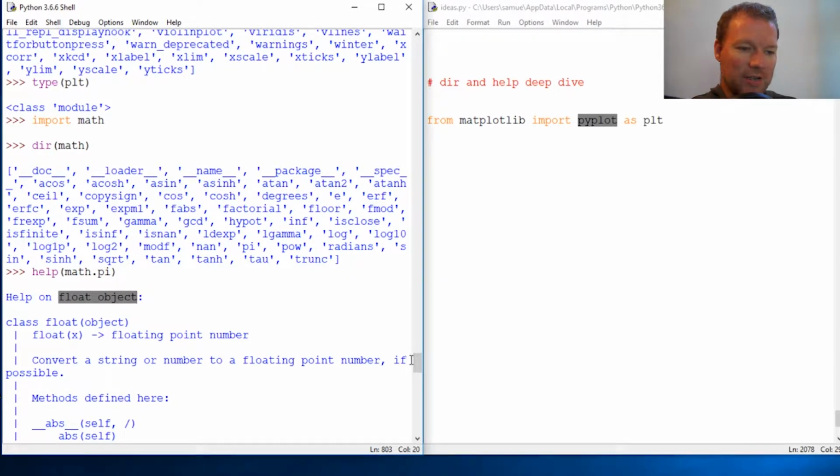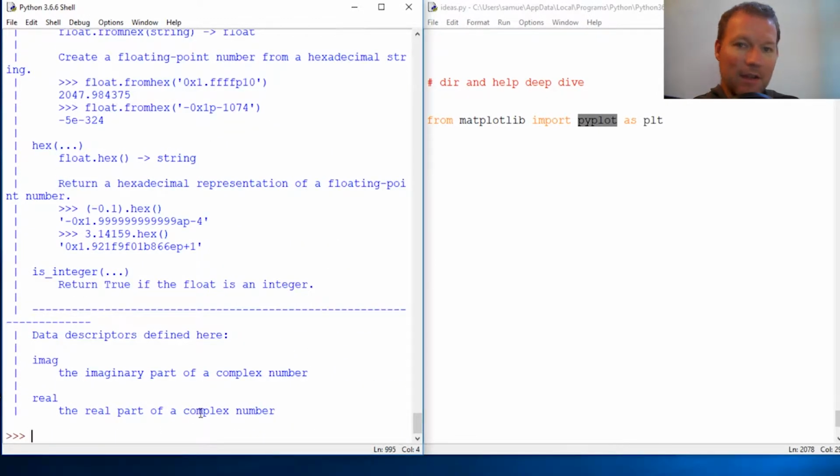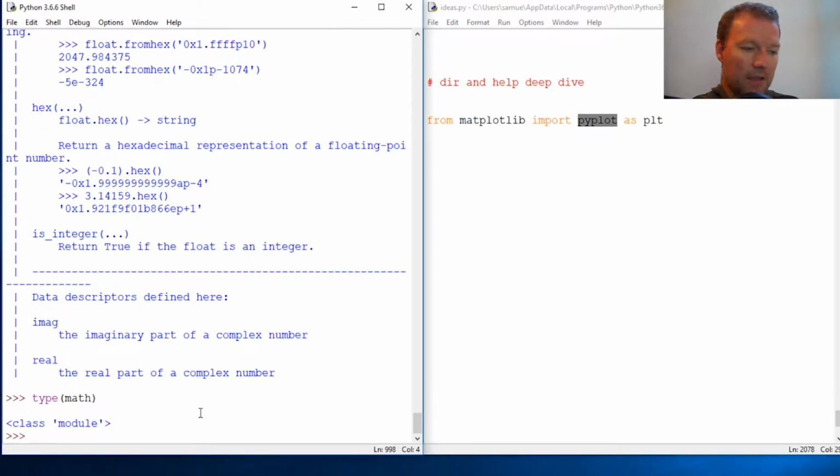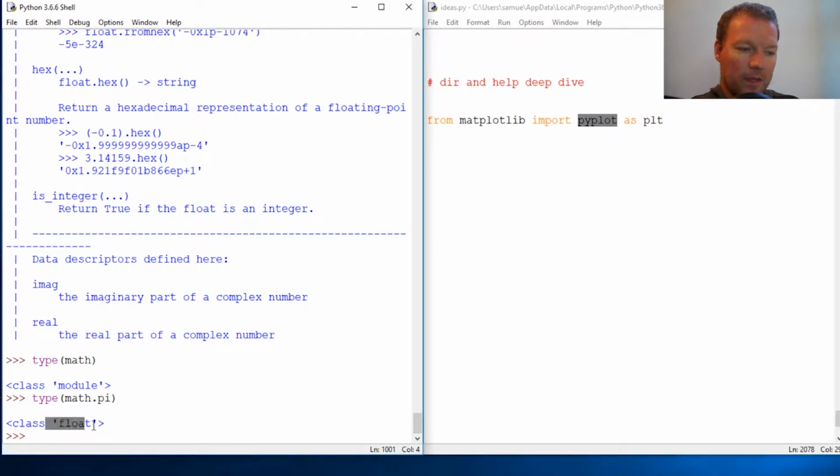It is an object because it is assigned a value. If I do type on math, it's a module. If I do type on math.pi, it is a specific value. So when you get stuck, run help and find out if you're looking at a method, a value, or another